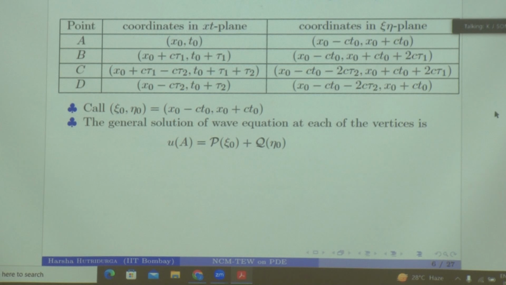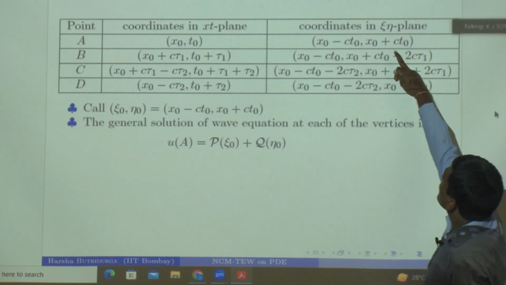Okay, so now we also proved something yesterday while proving the D'Alembert's result, that u of x comma t, the general solution to the wave equation, will look like some function p, because we don't have any data yet, of x minus ct plus some function q of x plus ct. That means p evaluated at psi and q evaluated at eta. So if you have got an xt point, the corresponding psi eta point is where you will evaluate p and q for the general solution.